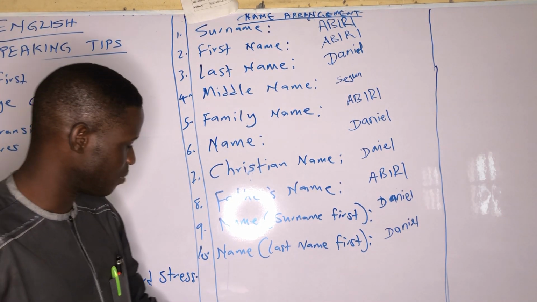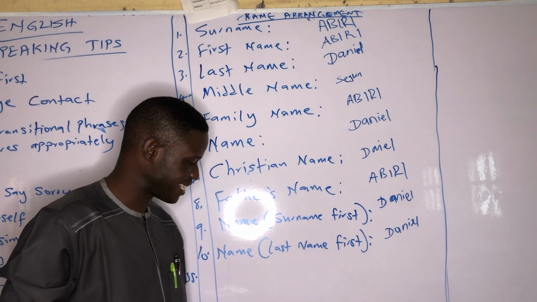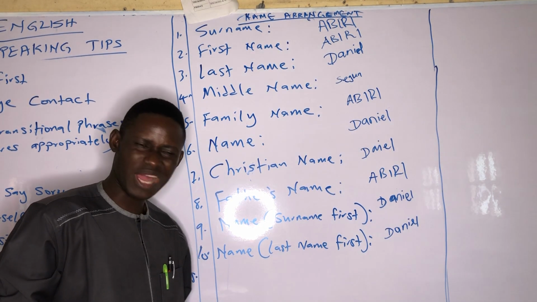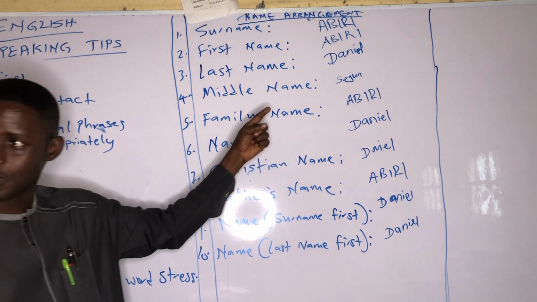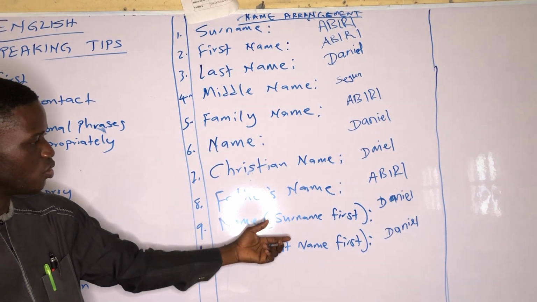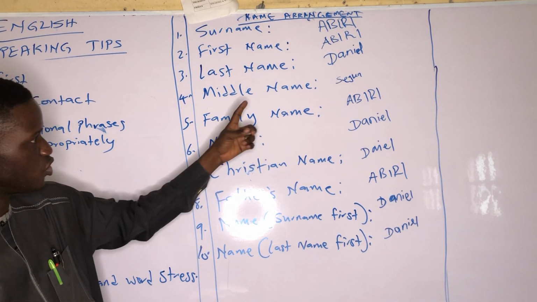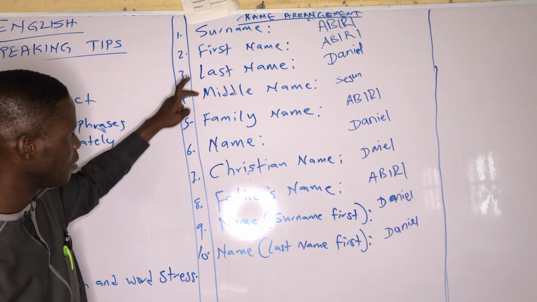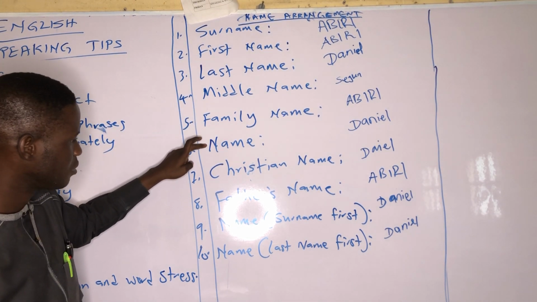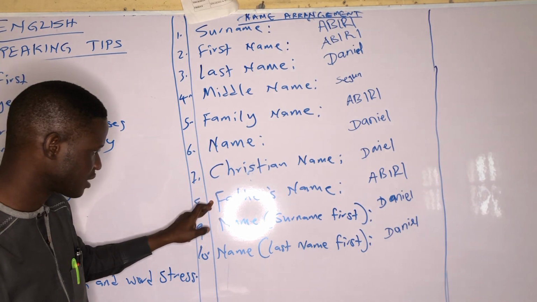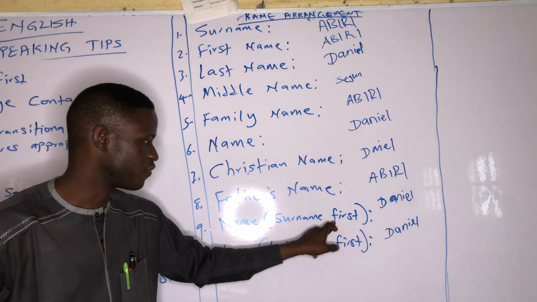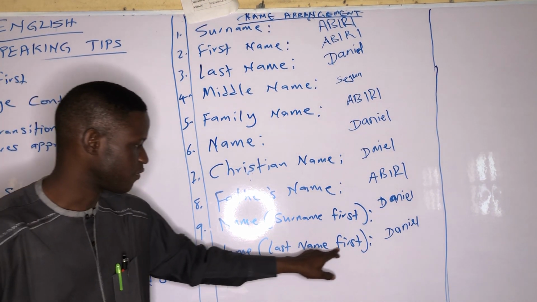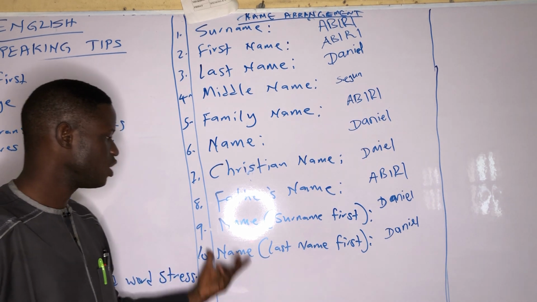I gave us this name, Abiri, Shegun Daniel, and I wrote it in this format so that you can use this format to fill in the space. There are some forms where we write the three names, and some where we write just one. Surname, first name, last name, middle name, family name, Christian name, father's name, surname first, last name first. So we need to actually